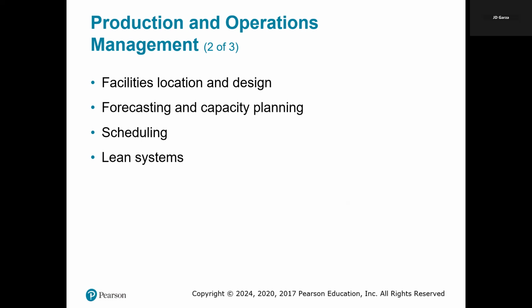It's strategically located, if you think about it, or if you've seen one, near a major city and highway to speed up the delivery, while the internal layout is optimized for quick picking, packing, and shipping. Okay. Then you have the forecasting and capacity planning. And this involves predicting future demand to ensure the business can meet customer needs without overproducing or even underproducing.